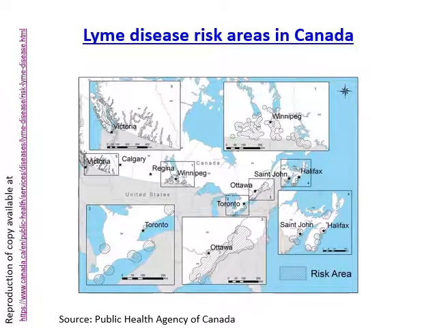This figure displays a background map showing risk areas. Risk areas, which are hatched, are locations where the risk from tick bites and Lyme disease is known to occur, or the risk of tick bites and Lyme disease is possible. The risk areas are indicated in insets on the maps in various areas of Canada.